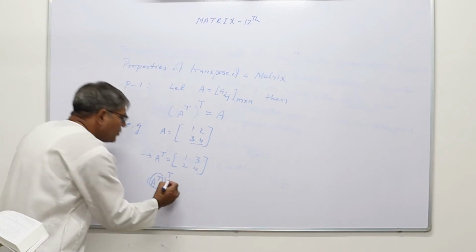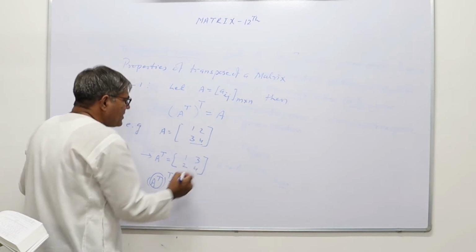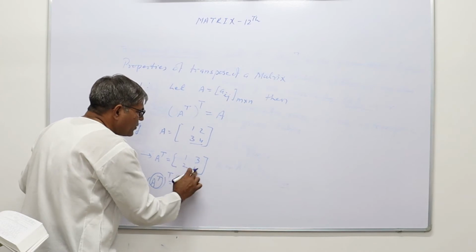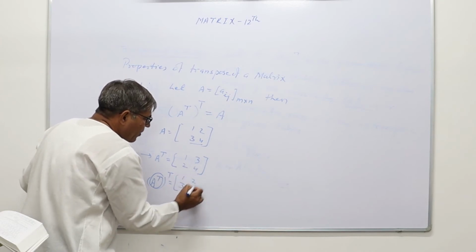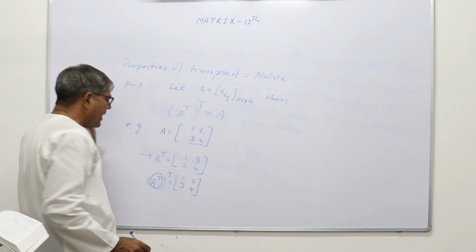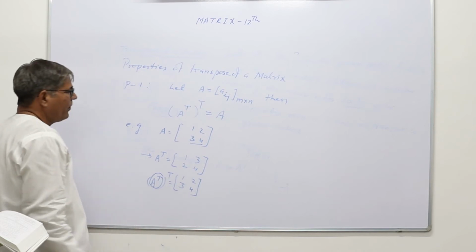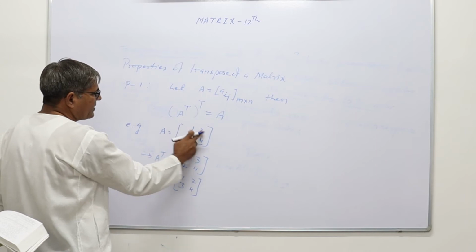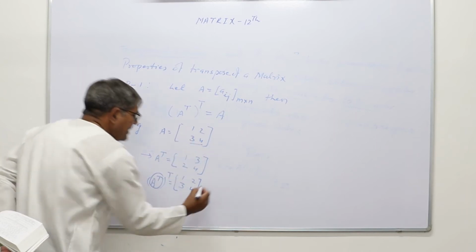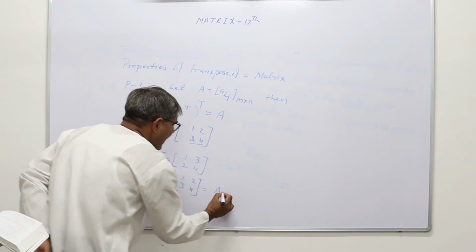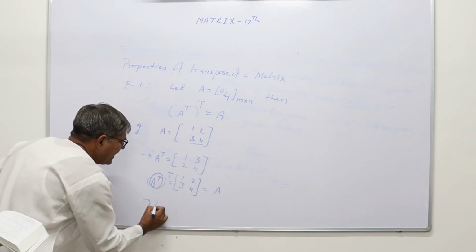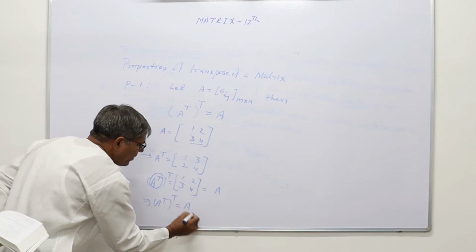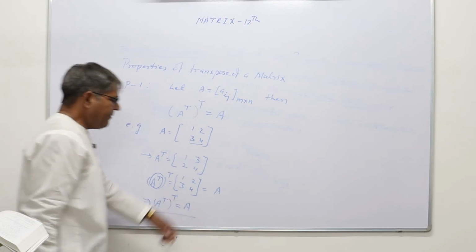A transpose whole T is this. So again we will write first row, that is 1, 3 into first column, and second row, that is 2, 4 into second column. So this is your (A^T)^T. Now compare what is (A^T)^T, that is the given matrix 1, 2, 3, 4. So this is equal to the given matrix A, which implies that the transpose of the transpose will always be equal to the given matrix.